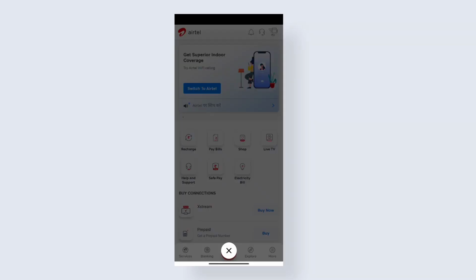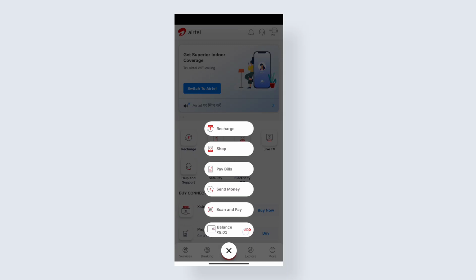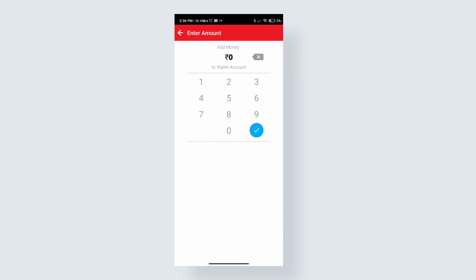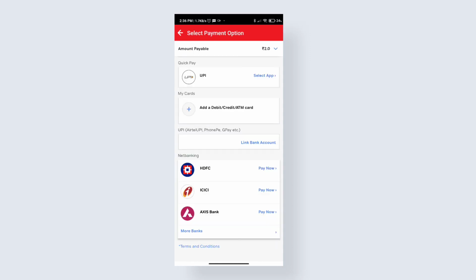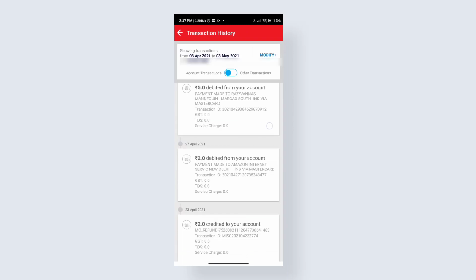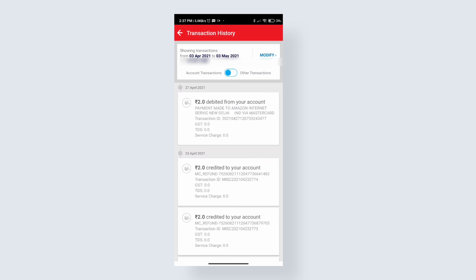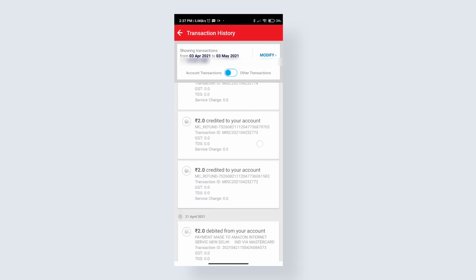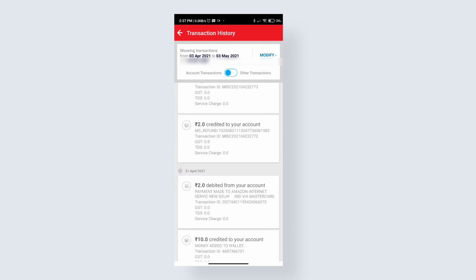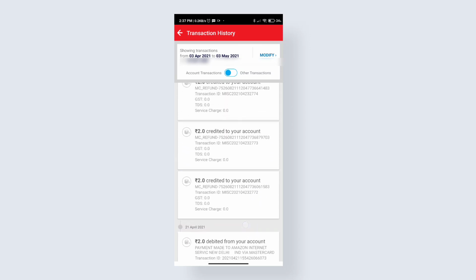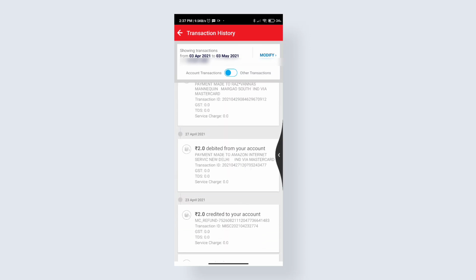To add an amount, click on the currency icon, click on add balance. Now just enter 2 rupees because it is the only amount that we require. Click on the tick button and after that, using any payment method, you can add 2 rupees to your wallet or virtual debit card. As you can see, I have used this method many times and there is no such problem. They have debited the 2 rupees from my account and credited it back to my account in 2 to 4 business days after my free trial started. You can use this method without any problem.